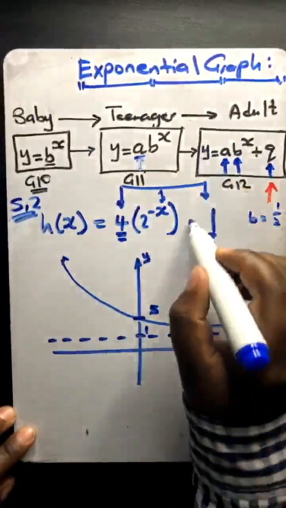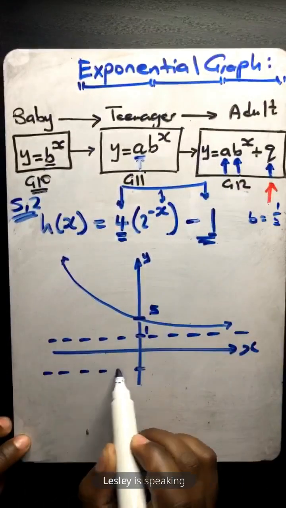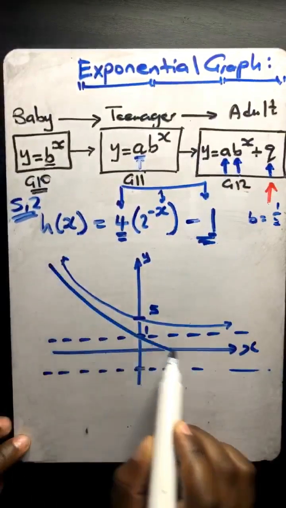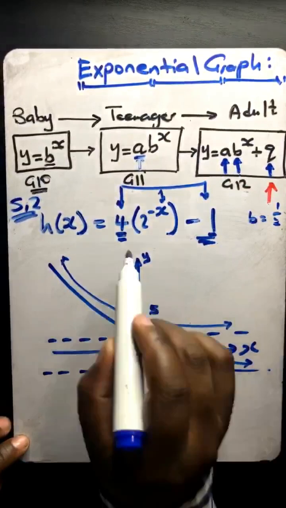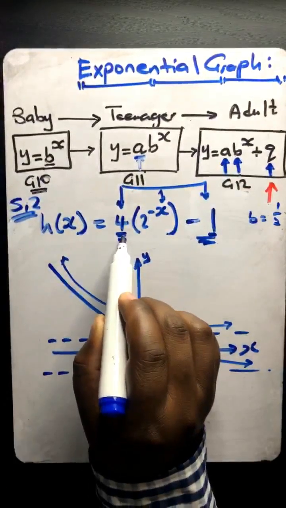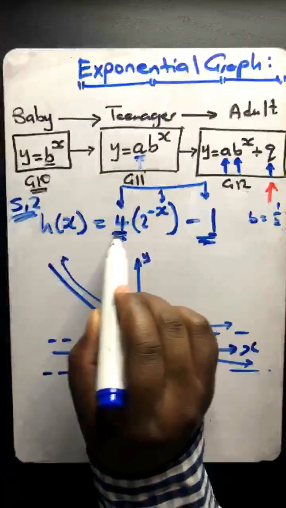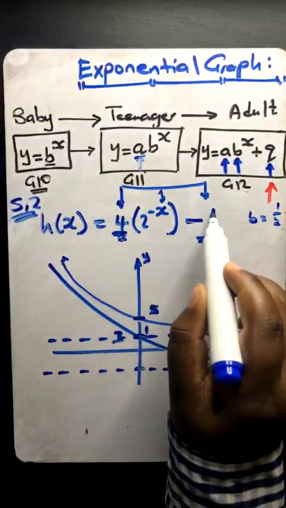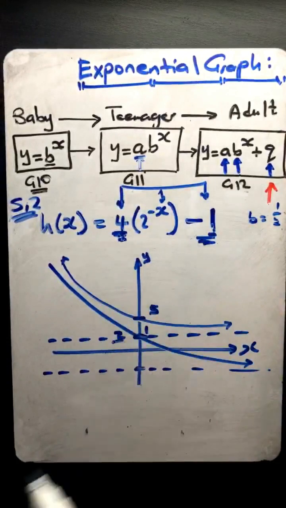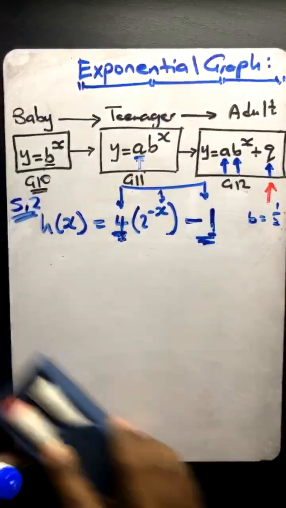If it was negative here, that would mean our equation of asymptote was going to be there, and then our function was going to do something maybe similar to that. Then it wasn't going to cut at 4, but it was going to cut at 4 minus 1, which is going to be 3, because it was supposed to cut at 4, but because of the downward shift, it shifted downwards by 1, then it cuts at 3. So that's what I wanted you guys to be aware of